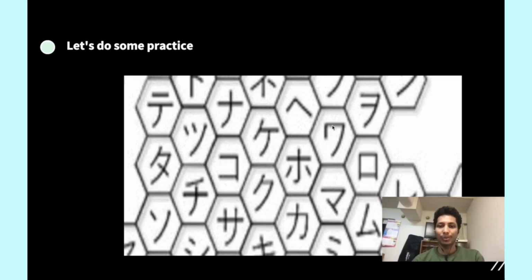Oh, what is this? Remember, I told you, if there is no disconnection, all the way to a straight line and go left, that makes you wa. And if there is a disconnection here and no line here, just put a smaller line here, then what does it make? Ra. If you are not sure, go back again and watch the video of the katakana chapter.